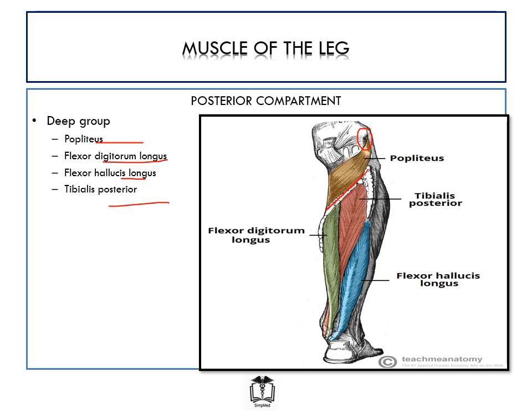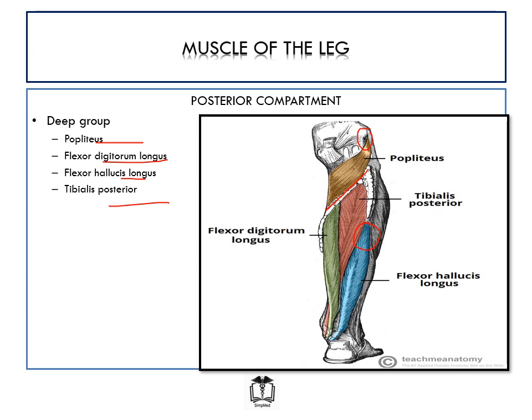Then we have the flexor hallucis longus. This is a muscle that originates from the distal two-thirds of the posterior tibia, as shown here. It is going to also insert at the base of the distal phalanx, particularly on the hallux, that's the great toe. So just as we had the extensor hallucis longus inserting at the hallux or the great toe, we also have the flexor hallucis longus inserting at the base of the distal phalanx of the great toe. It is involved in the movement of flexion of the great toe, as the name implies. So it flexes the distal phalanx of the great toe, but it also assists in plantar flexion and inversion of